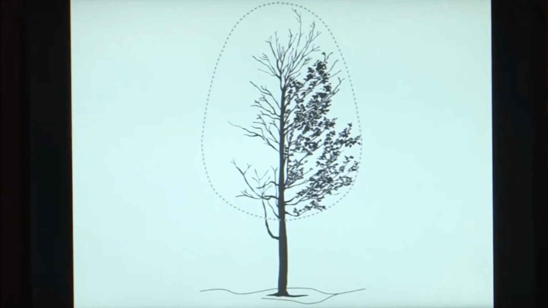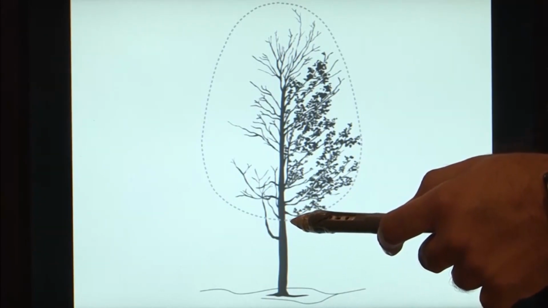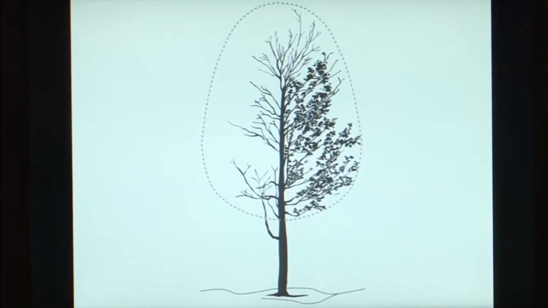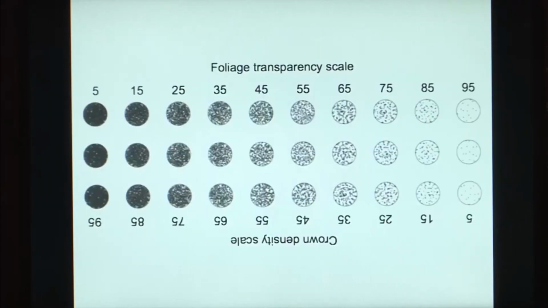To look at it in figures, for instance this is your tree, more than half of it is already dead or maybe defoliated, but we are going to reconstruct the whole crown by taking its base. So, here we have the base of the crown, then we reconstruct the whole of the top portion of the crown. Once we have done that, we need to calculate the amount of light that is going through by using